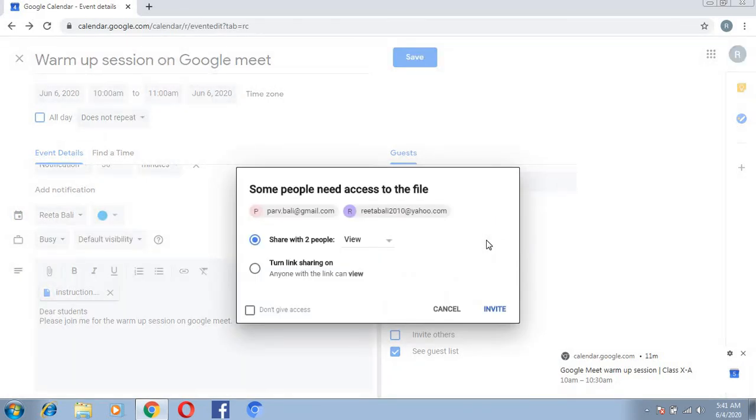Now another dialog box is open, and there are two options: share with two people. This means that the message or the link or the attachment will be shared with these two people only. Okay, and then you will invite.